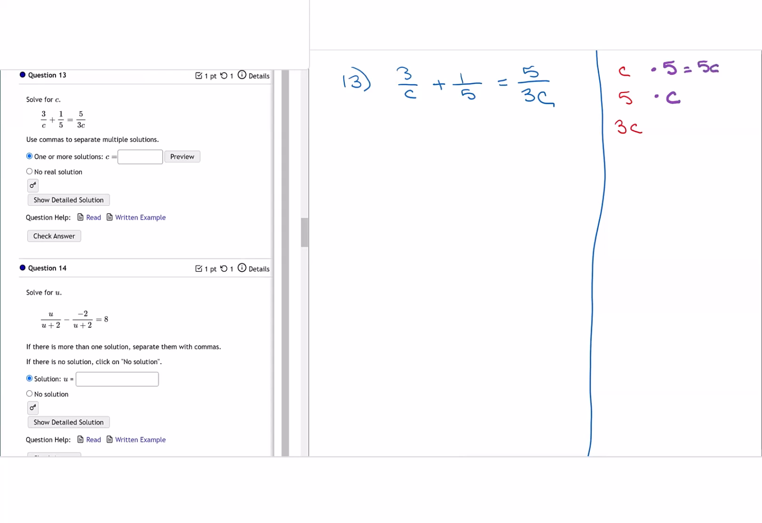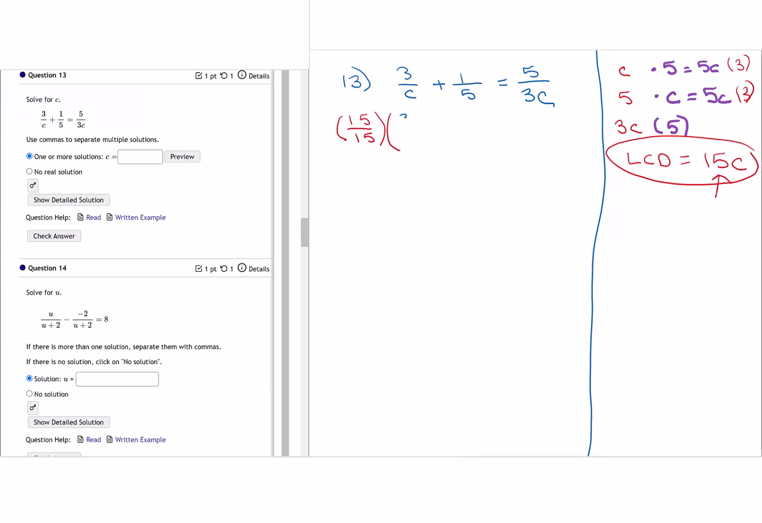Now the first two are the same, which is 5c. Now I have 5c and 3c. And the only thing I need to do is multiply this, 3c, by 5, and both of these by 3. And I get my least common denominator is equal to 15c. I have to multiply 3 over c by 15 over 15 times 3 over c